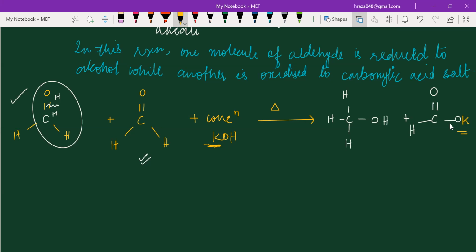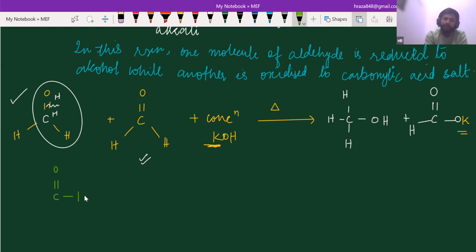Okay, sir. Are you going? Have you got it? What you need for the Cannizzaro reaction is that there should be no alpha hydrogen. There should be no alpha hydrogen. If I give you a compound like this, it is understood that